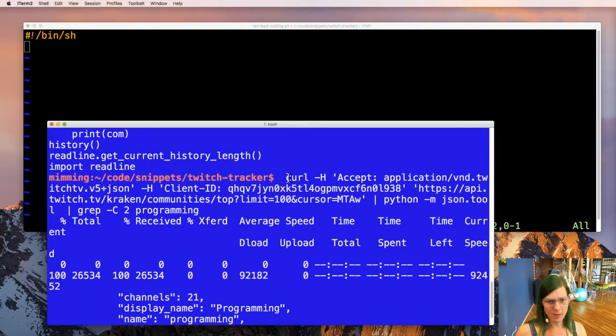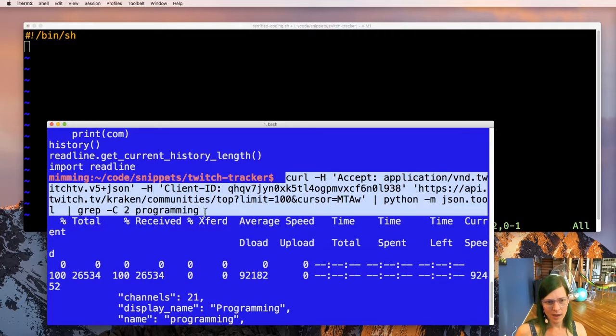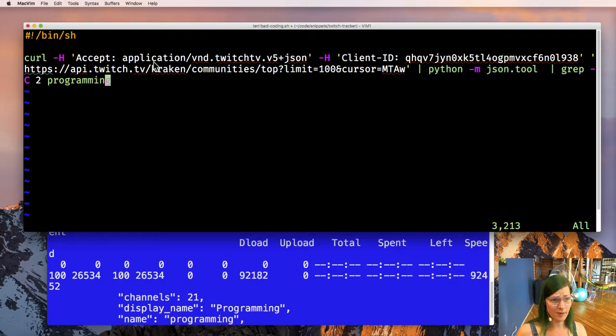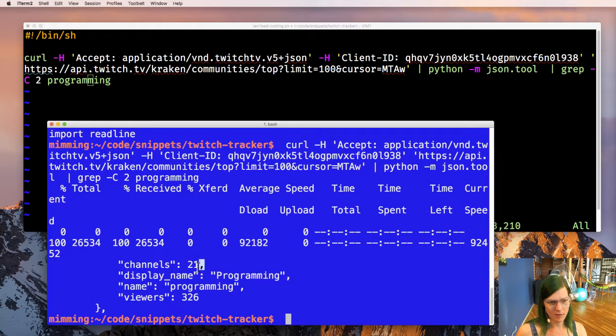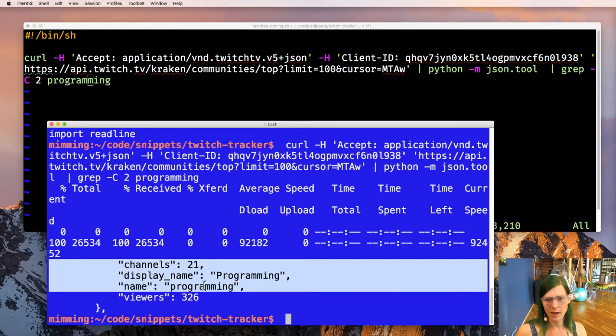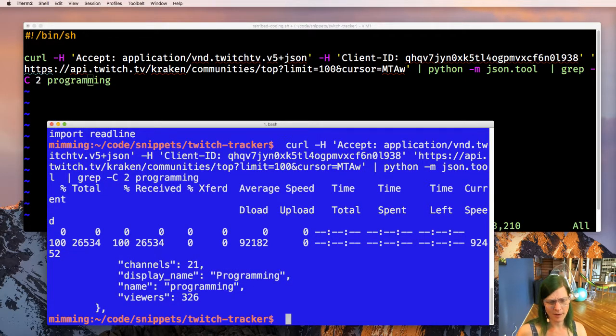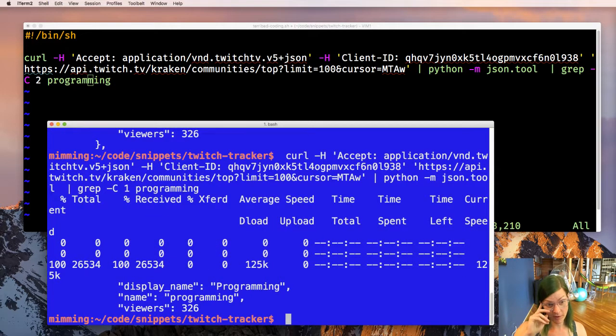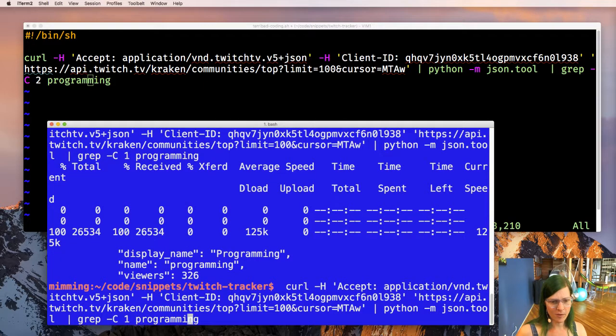Anyway, getting back to this, here is the command we're going to run, with all of its wonderful brittleness. So this gives us channels. I wonder which of the context is actually hitting. What happens if I reduce the context to 1? Which is now assuming the structure of the JSON. And so 2 is the magic number, because it's catching this one.